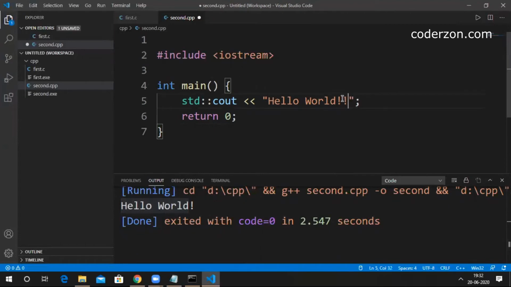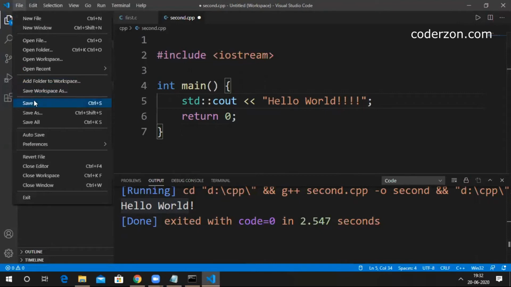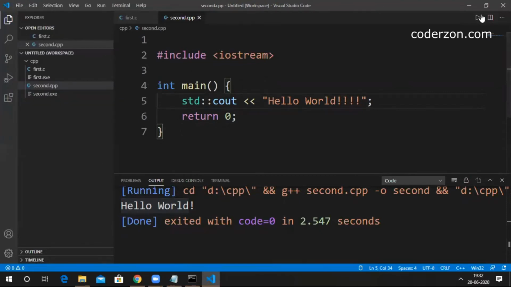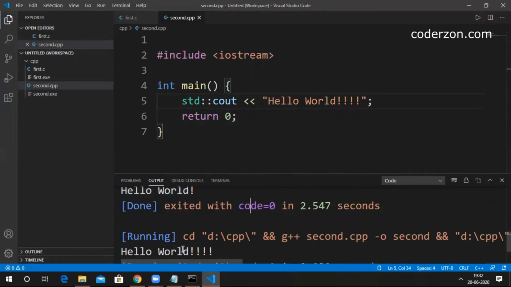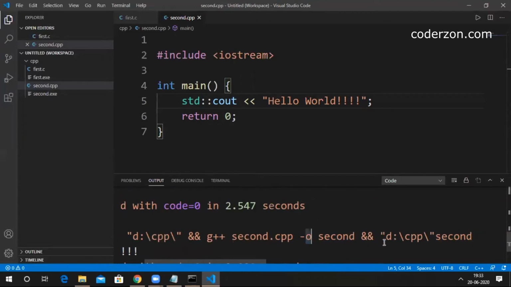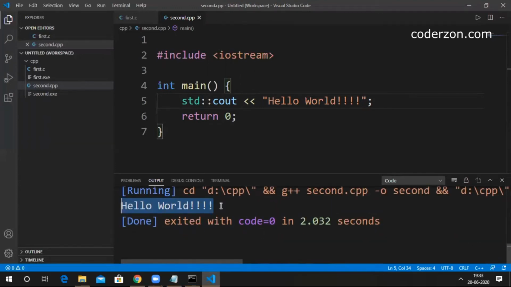I'm just putting a few more things and file, save it, run it. Here we can see that result. The code runner is using g++ to compile and creates an executable file named second, and it is executing that second.exe file, and we are getting this result.